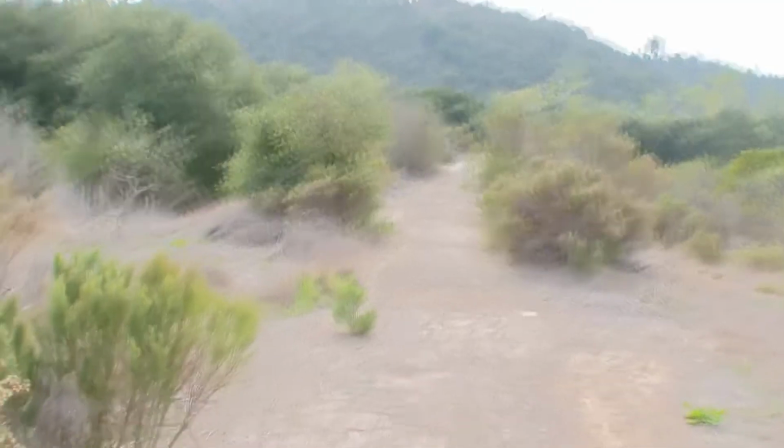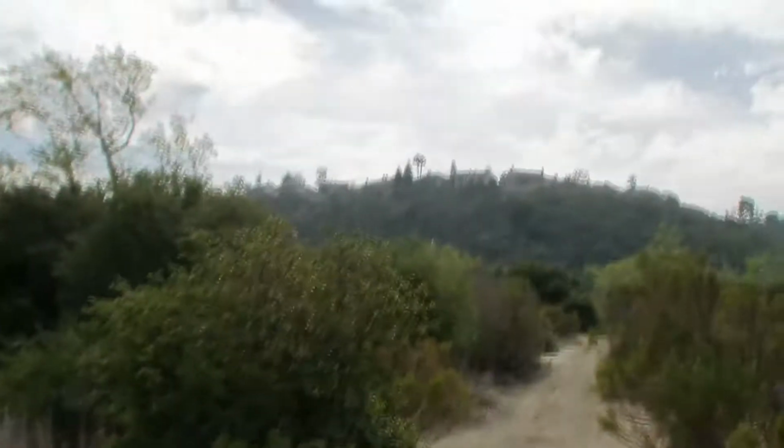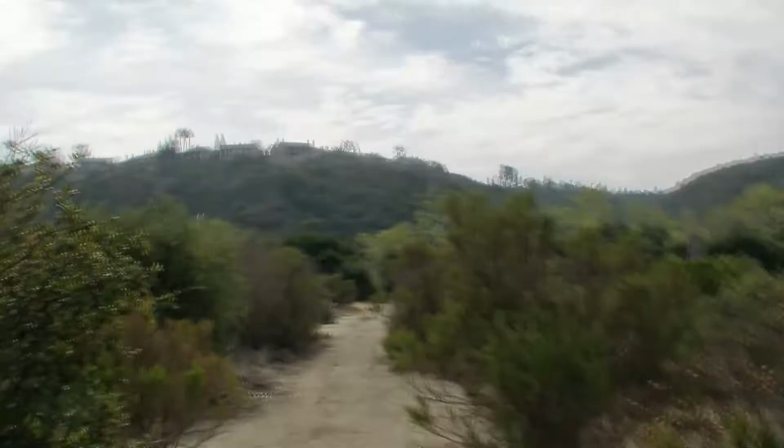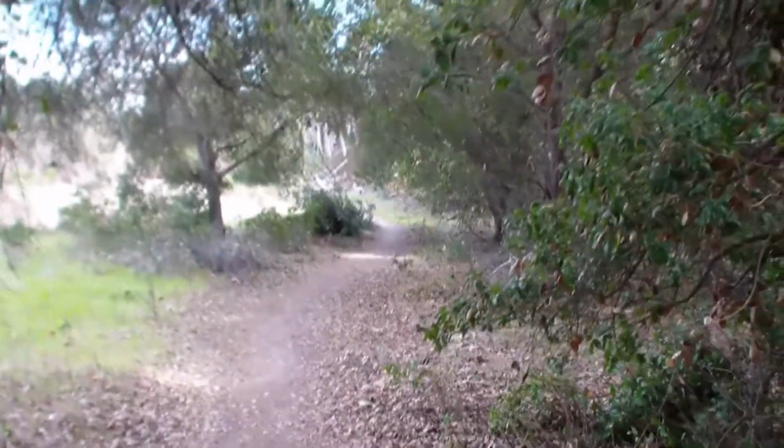So, I don't know what the heck they were doing building all these roads through here. Obviously, they've fallen into disuse. But anyway, we're heading over towards the river, and maybe we'll get the real trail, because I know this is the real cross-county trail on the south side of the river. So we'll see what happens. But now we're down by the river, but I don't think this is the full...